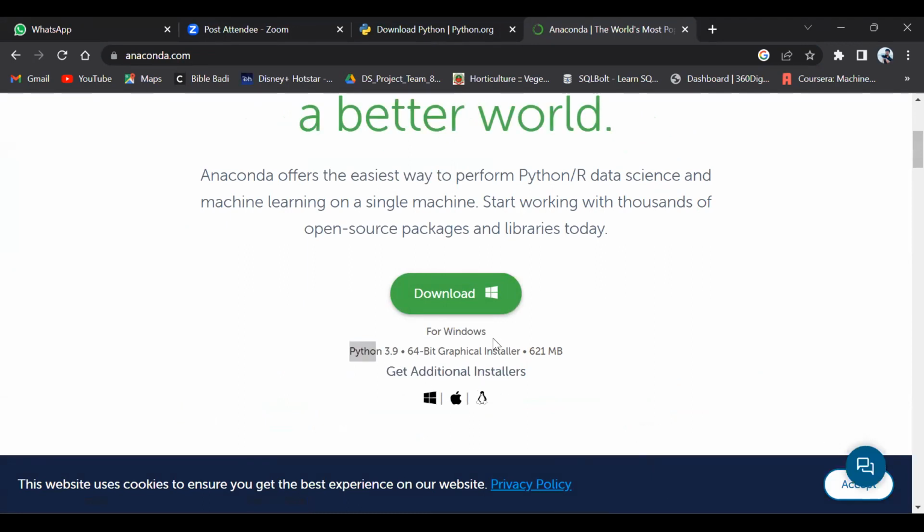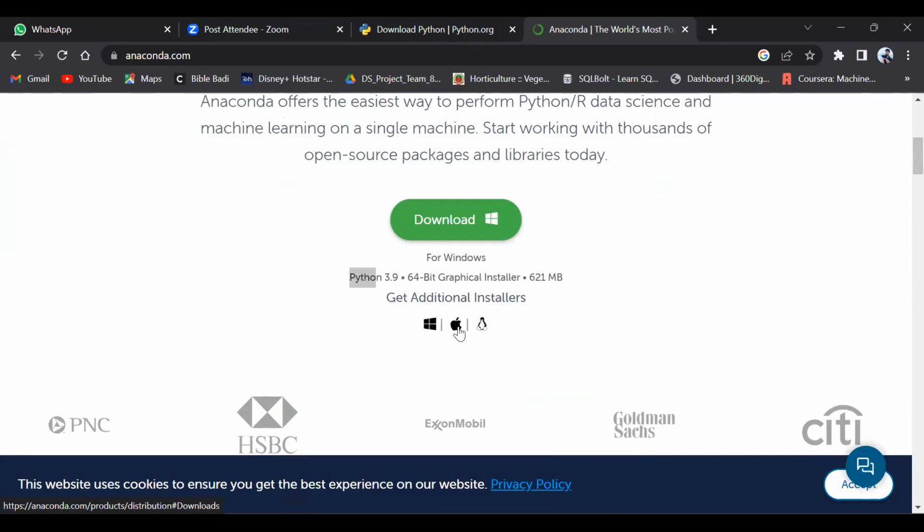If you are using Mac, there is the Apple symbol, and for Linux there is a Linux icon. Simply download it, and remember that it is 621 MB, so your internet must be very fast. You need to download these two things.